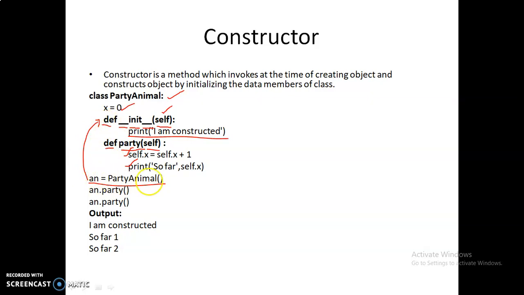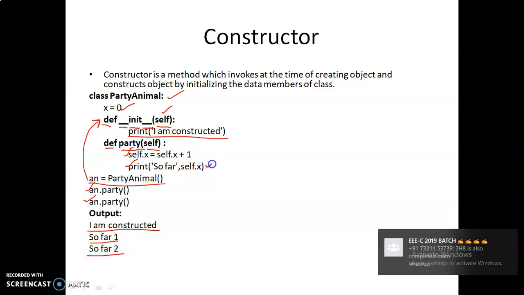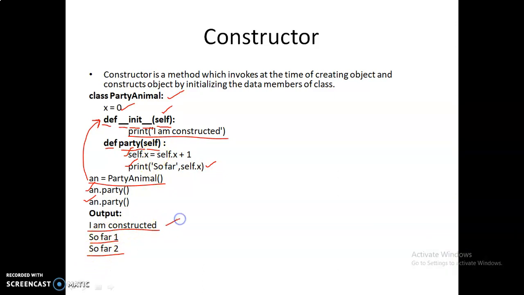Automatically, whenever you create the object, the constructor method is invoked and executed. Then we are calling the party method two times. So you get the output: first the constructor is invoked, so you get the I am constructed message, and then So far 1 and So far 2 from the party method. That is, you get values from both the party method and the constructor method.